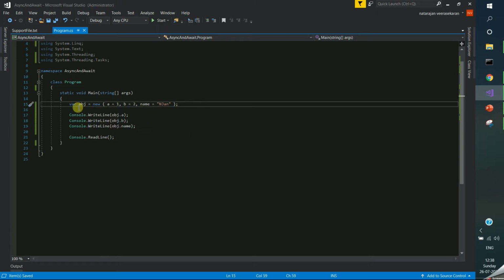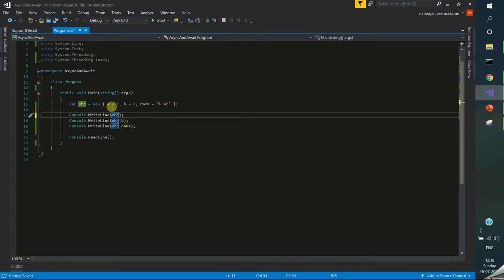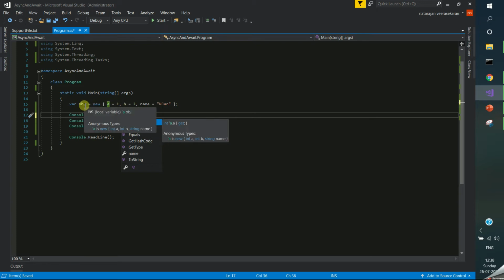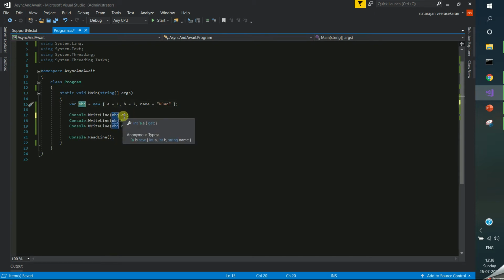Okay. The fourth point, the anonymous type properties are accessed by dot notation. For example, this is the anonymous type. The properties are accessed by dot notation. You can see, I can use the object where we are assigning this anonymous type.